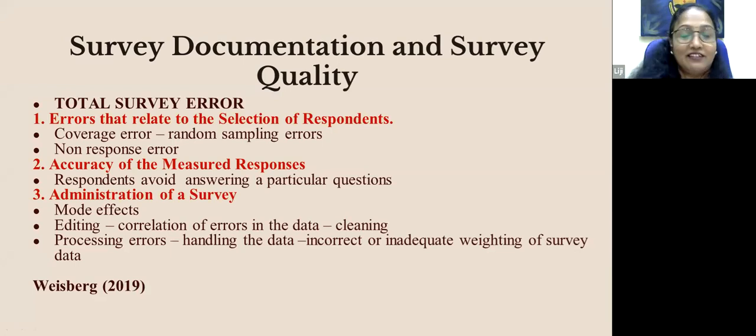That's why I have given you a preamble of 15 minutes, so that when I take you to this area of survey documentation and survey quality, you should not have a phobia, wondering whether it is that important. Remember, surveys are used as secondary data, and surveys can also be primary data collected by yourself for your research. When it is secondary data, in the last stage of this presentation, I will take you to some authentic websites wherein you can find better data collection.